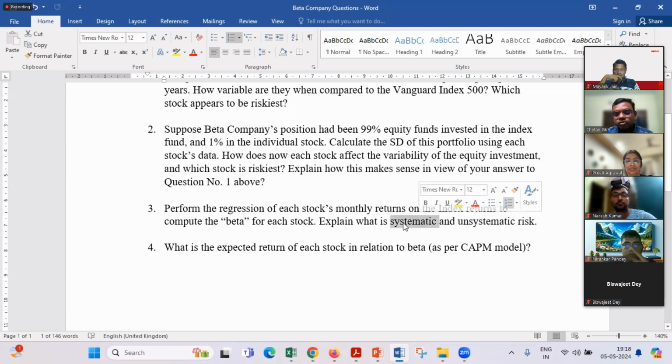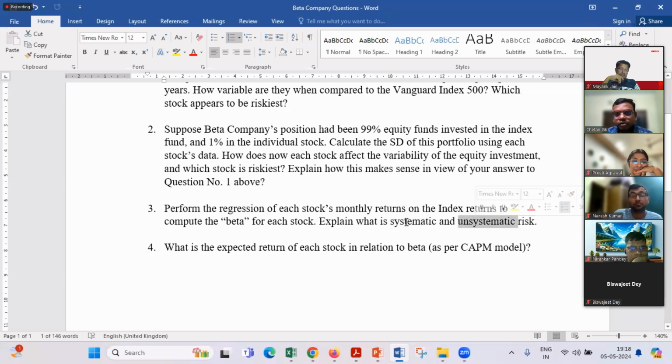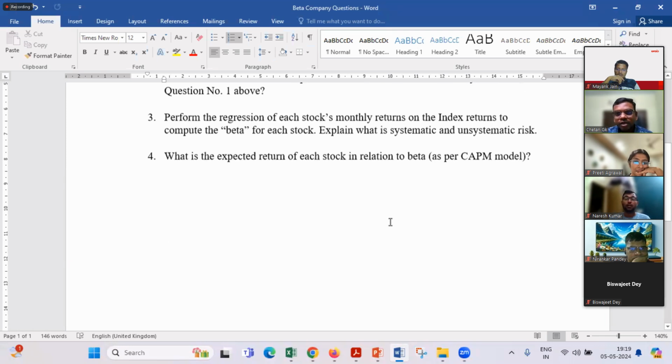The beta is there for all these stocks, and it affects the broader market. Whether the market goes up or down, it affects all these stocks similarly. That is it in short. I can send you a document to read about systematic and unsystematic risk in detail, otherwise we'll be wasting more of our time here. Let us move to the next one.